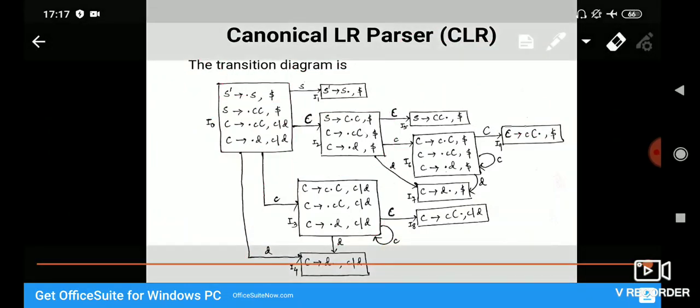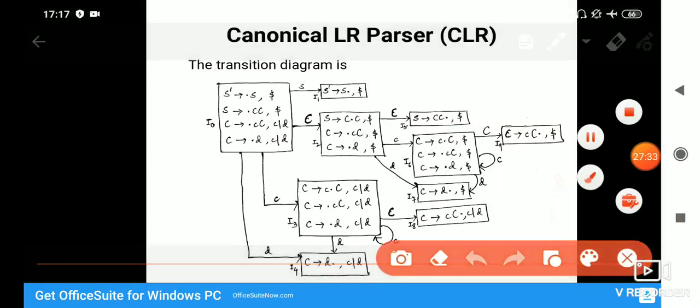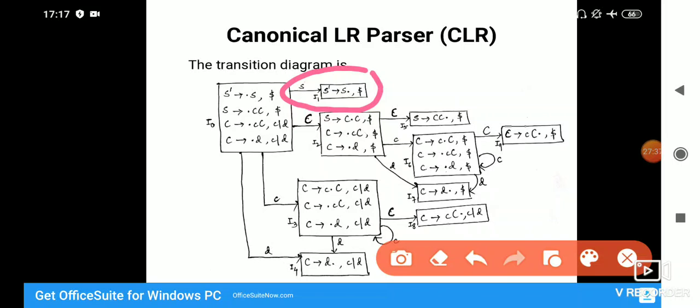Now see, since I1 is complete, that means after dot there is nothing, so no more item sets will be generated from this. Now from I2, I2 has got the first item as S to C dot C comma dollar. Now what do we have to do? We have to perform goTo.